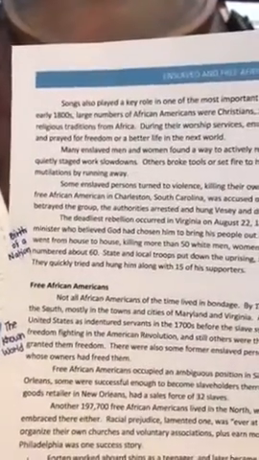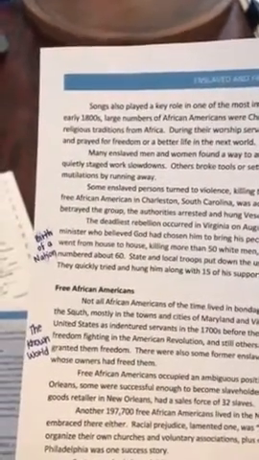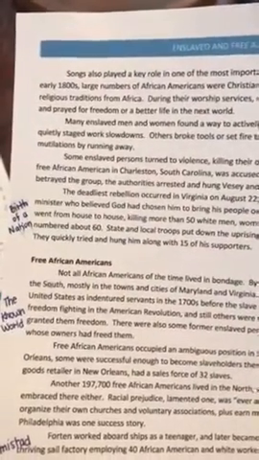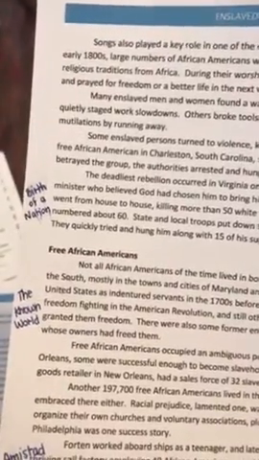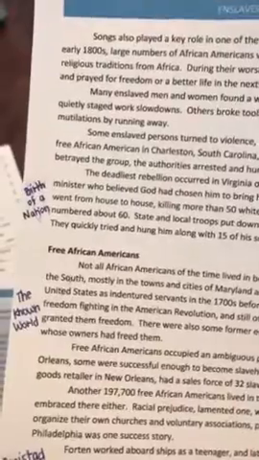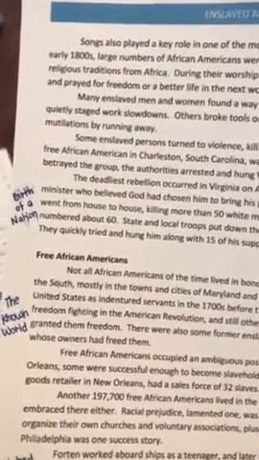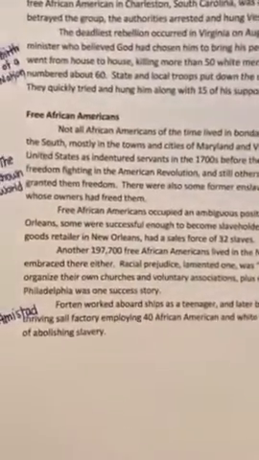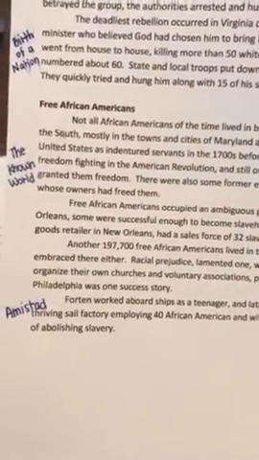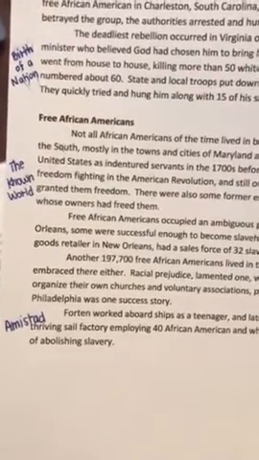The second page, by, see, I should have numbered all my paragraphs, by the last paragraph before Free African Americans, I wrote Birth of a Nation, and you can see that my ink got smeared. But Birth of a Nation is a new movie that is coming out, or it already came out, and it's about Nat Turner. And then the first paragraph under Free African Americans, I wrote The Known World, because it's a